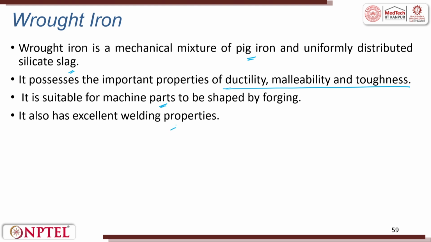Why is the welding property talked about every time? Because when you want to make a large massive structure, it is too difficult to make it through casting. So, you will make small pieces and try to join them. When you try to join, welding becomes a very important process: whether the material allows joining similar materials or dissimilar materials.